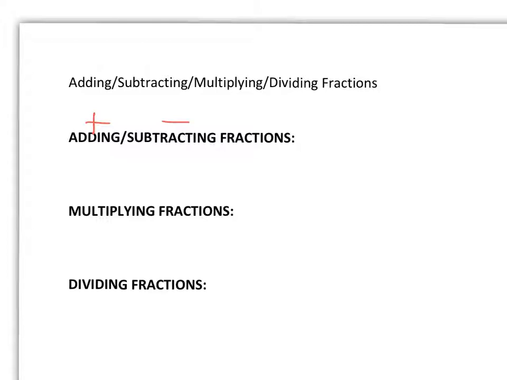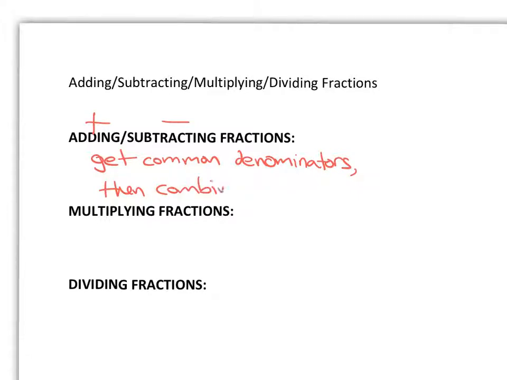Alright, so in order to add or subtract, the first thing you have to do is get common denominators. And then you're going to combine. All right. Now for multiplying, we don't need common denominators. Okay. For multiplying, what we're going to do is try to reduce first